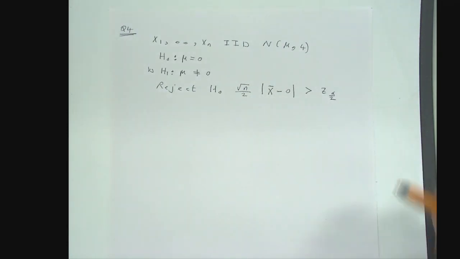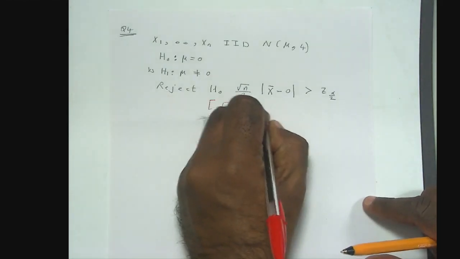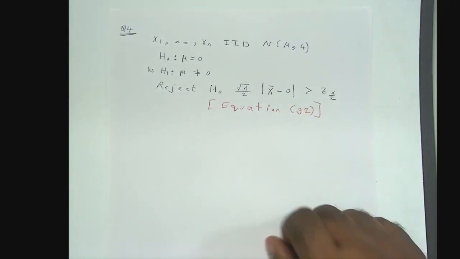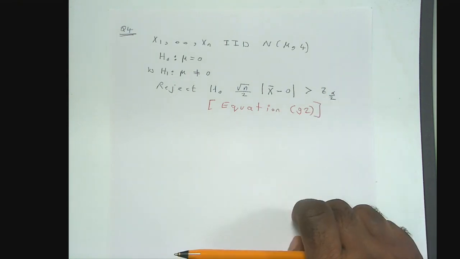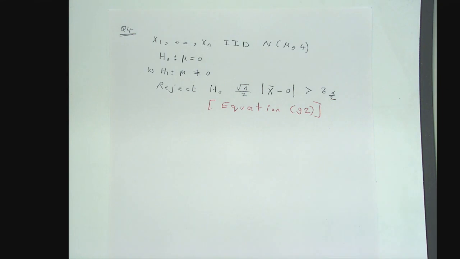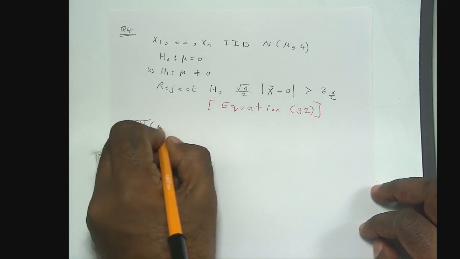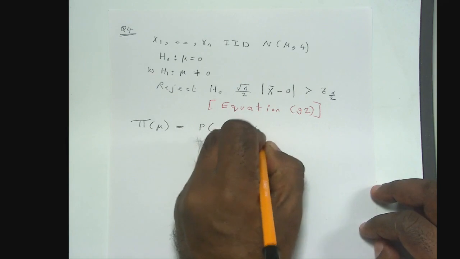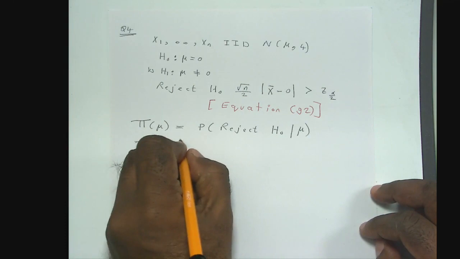So if you look at, guys, I'll show you where this comes from. This is equation 92, I guess. If you look at equation 92 in the lecture notes, this is what you have for the rejection rule, right? Now, the question here, guys, is to find the power function. So we want to find the power function at mu, which is the probability of rejecting H0 given the value for mu. So which is the probability that root n by 2